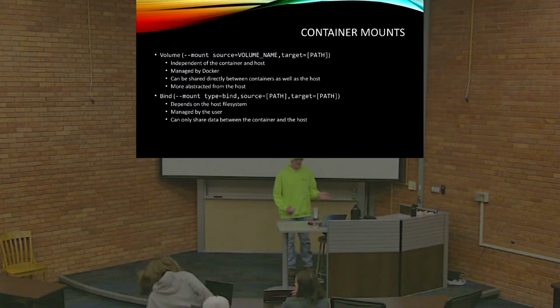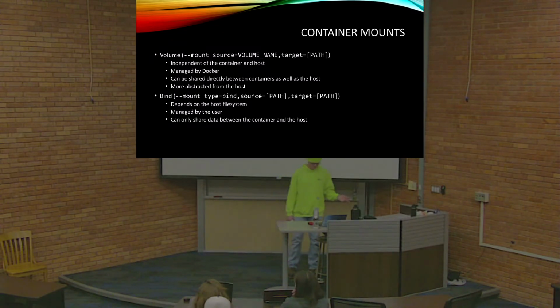Those can be mitigated using container mounts. So there are two kinds of mounts: volume mounts and bind mounts. Volume mounts use a Docker-specific storage backend. Essentially, it's the same as a bind mount inside the container, but outside the container, accessing it is slightly different, because a bind mount is a lot simpler. A bind mount literally just takes a folder on the host file system and makes it available inside the container